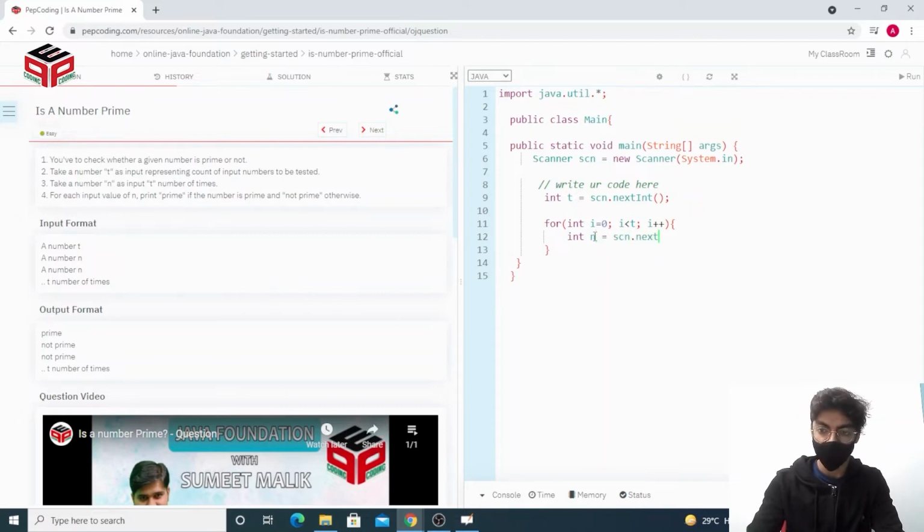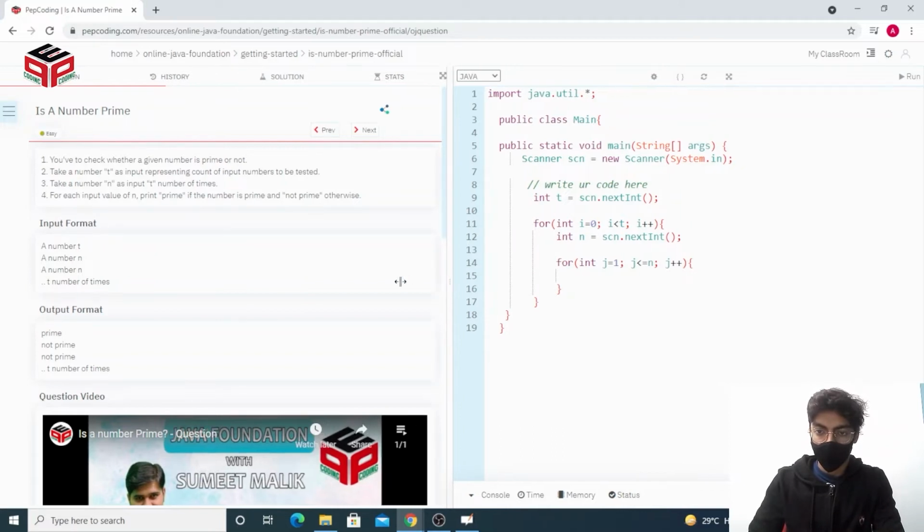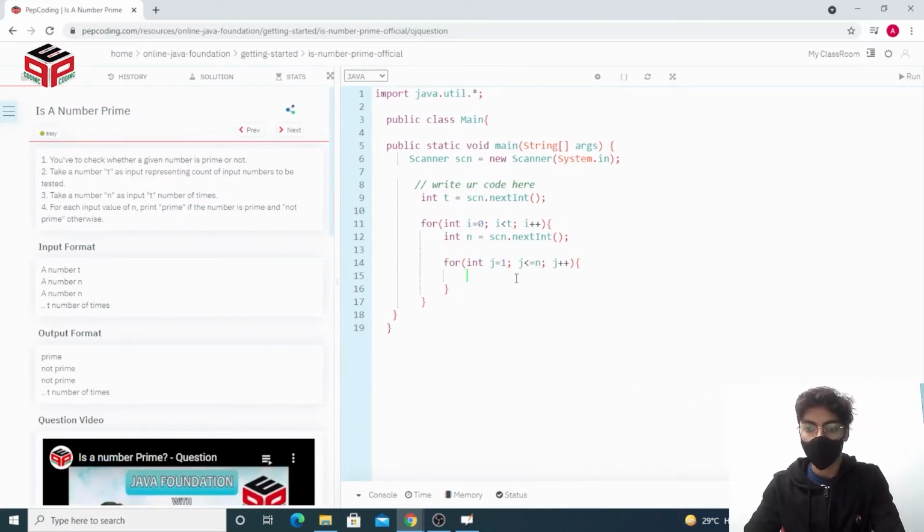For my first number, what I'm going to do with this information is run a loop from int i equal to 1, i less than or equal to my number itself, and i plus plus. Let me change the loop variable actually, since I've already used the variable i before. Hope the view is better for you now.